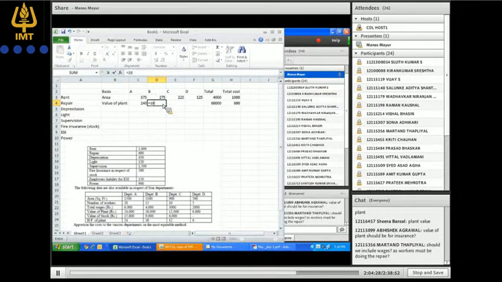This will be equal to 240. 18,000 divided by total value multiplied by 600, so 180. For department C, it is 12,000 divided by total multiplied by the total cost, which is 120, and for D, it is 6,000 divided by total value multiplied by the repairing cost. So this is how the repairing cost can be distributed.